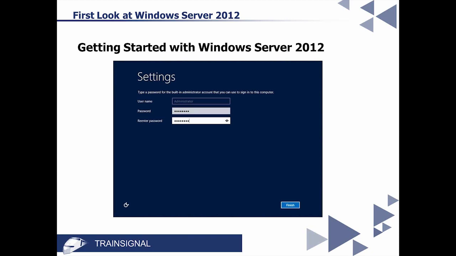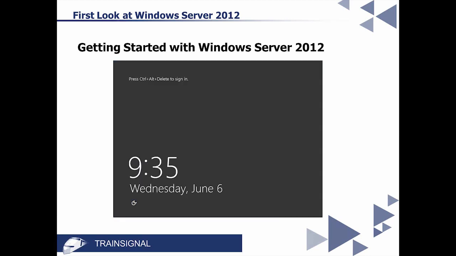That is the very next screen that you're going to get, where it's going to have the username of administrator, and you're going to type in whatever password you want to assign to that administrator. And then you click Finish. It will go ahead and complete the process. Again, there are reboots involved, but when everything is all said and done, this is what the login screen now looks like. And again, this might change. By the time we get to RTM, by the time this is actually released out there, this might not have the identical look, but this is what it has.